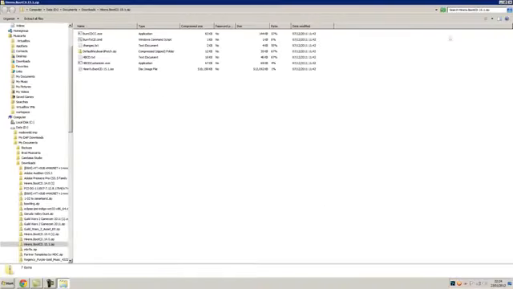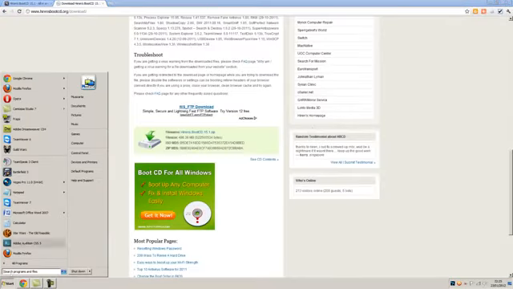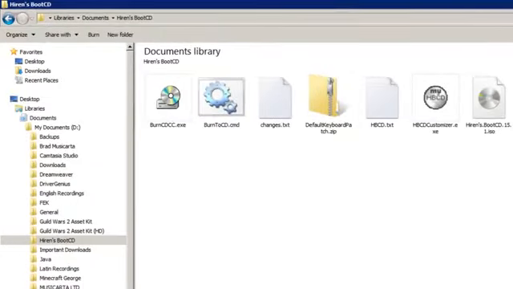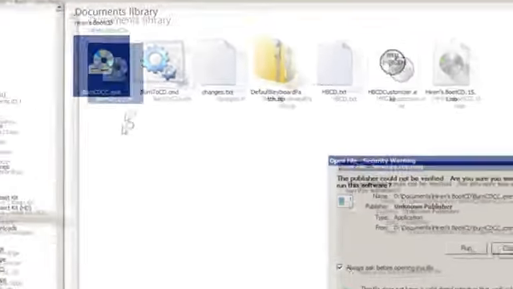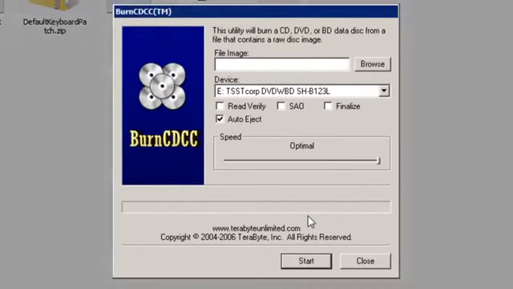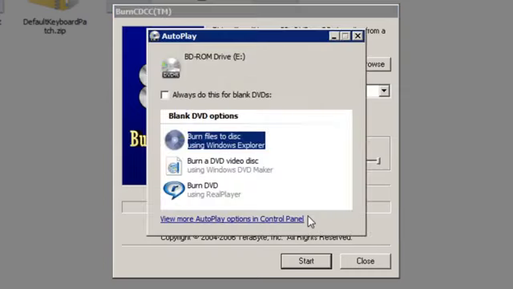Once it's finished extracting, you can then go to that very location and then double click burncdcc.exe, the executable file, and then click the run button if any security warnings appear. Now at this point you should put a blank CD into your CD drive. I'm just going to do that now. If any autoplay dialogues appear similar to this one, simply close it by clicking the cross in the top right